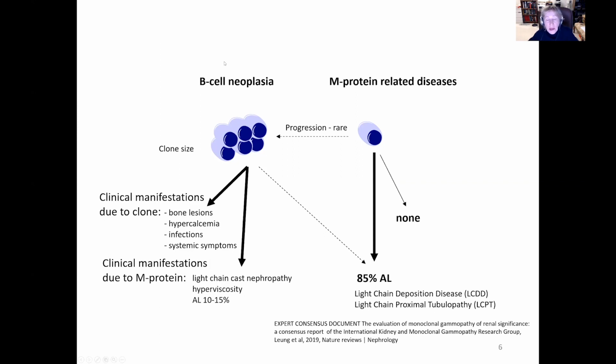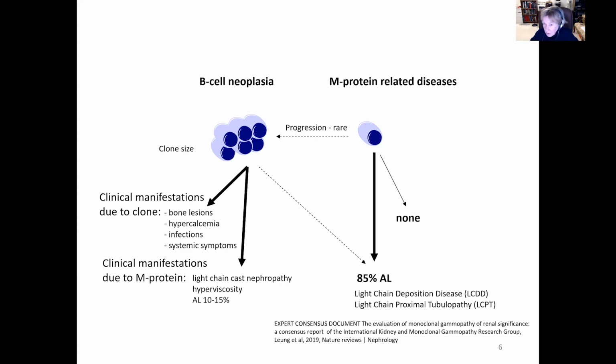On the left side, we have an example of a B-cell neoplasia, such as, for example, multiple myeloma. And here we have a sizable clone. And the patients have clinical manifestations due to the clone as well as due to the M protein. Manifestations due to the clone are bony lesions, which we know are a myeloma defining feature, hypercalcemia, infections, systemic symptoms. Clinical manifestations due to M protein: light chain cast nephropathy, hyperviscosity, and only about 10 to 15% of patients will